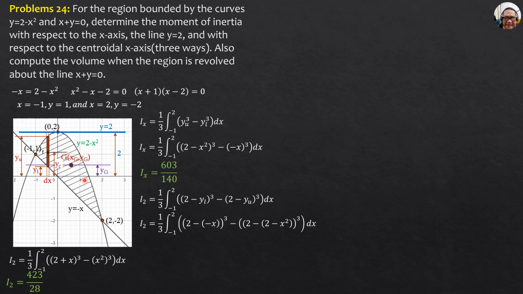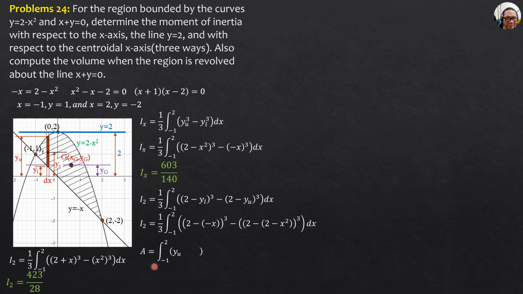So because we need the area, we first set up the formula for the area. And then we locate the centroid because after we apply the transfer formula for moment of inertia, we need the centroid also. We also need the centroidal coordinates of the area for the volume later, for volume when revolved about the line, this inclined line, and I'll present two solutions again for that case, so to verify the answer.